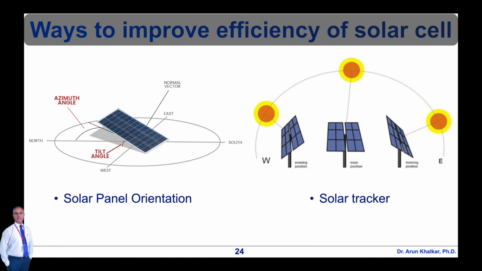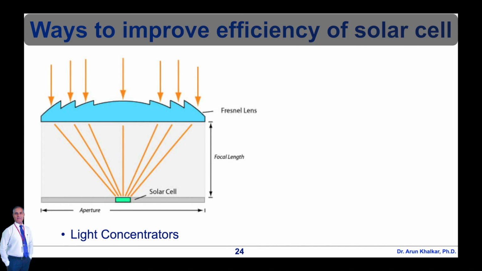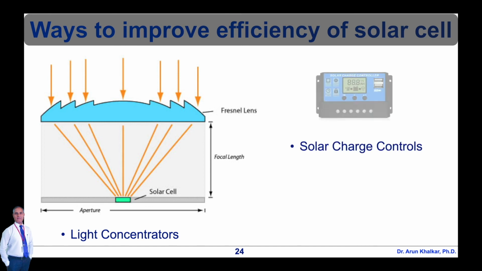Next is the solar tracker. A solar tracker rotates the panel so that it always directly faces the sun. However, the larger the array, the more difficult the operation will be. The optimum tilt angle changes slowly as the earth rotates on its axis. Next way is light concentrators. Solar panel output power may be increased by almost 50% via light concentrators such as Fresnel lenses or mirrors. However, installing concentrators for a large array of solar cells and orienting the mirrors creates an additional tracking problem.